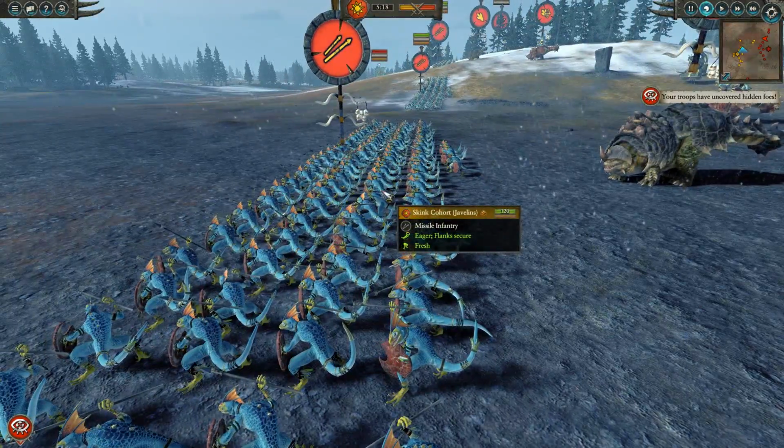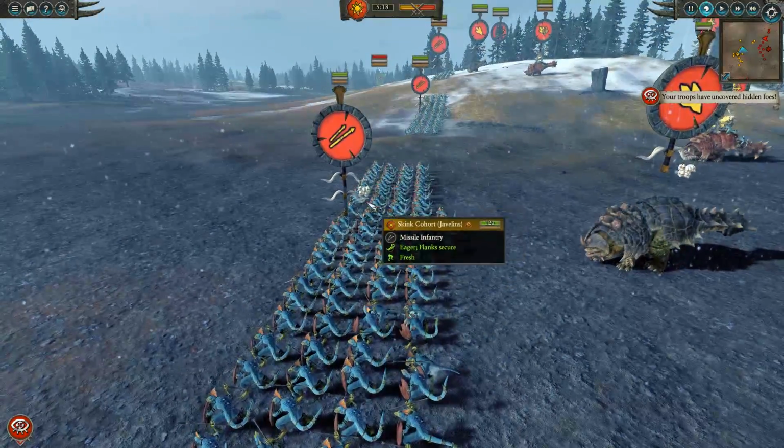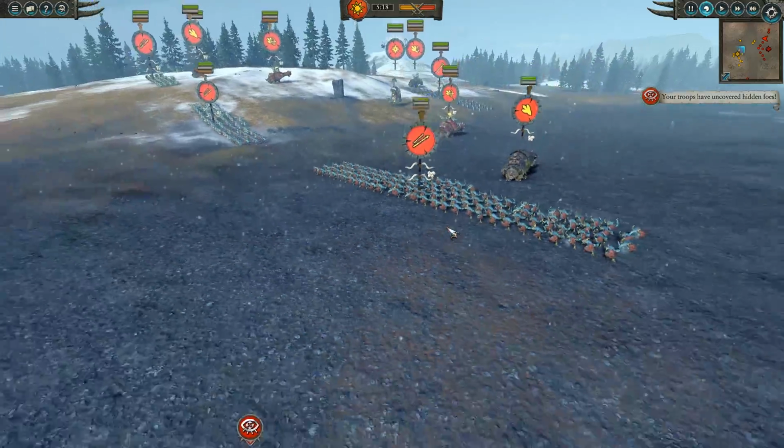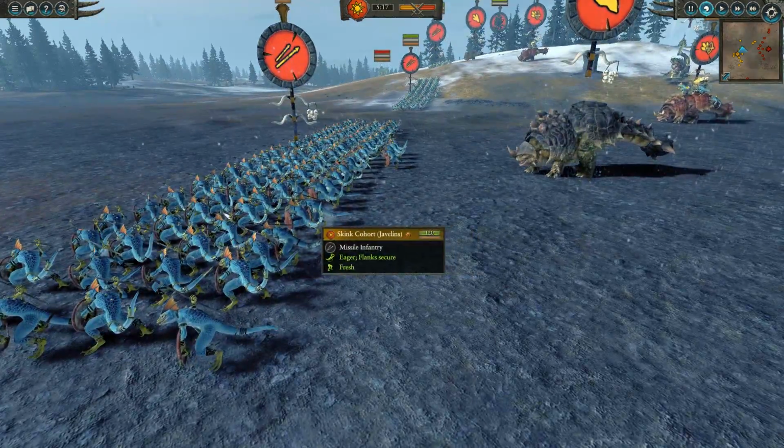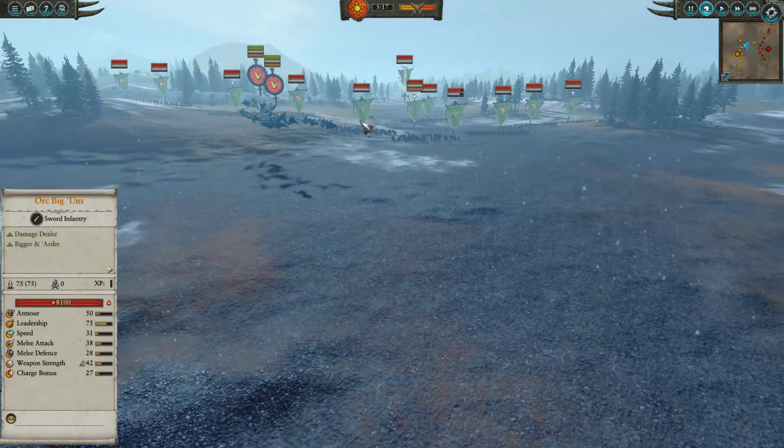So in our makeshift front line, we do have a couple groups of the skink cohorts with javelins. I think in total we do have 3 groups. We're going to be doing a bit of a kite/skirmish build. So these guys are going to be in the front line. We're going to use their poison javelins to try and slow down the green tide